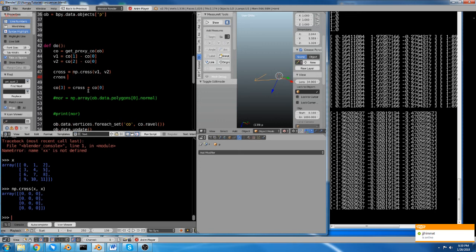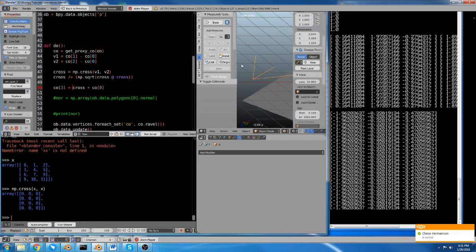So let's see. To make it into a unit vector, we divide it by its length. And to get its length, we do cross... actually, the first step is to get the square root. So we're going to do np.sqrt and cross at cross. And we can do it in place. So we can do cross divided equals np.sqrt cross at cross. We add the offset back to it, because it's just a vector starting at 0, 0, 0, we want that vector to start at